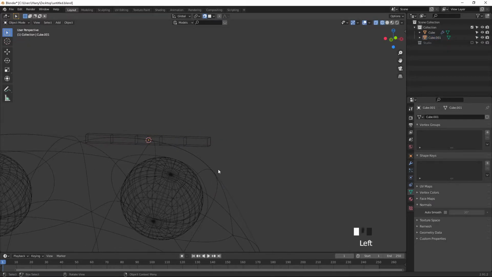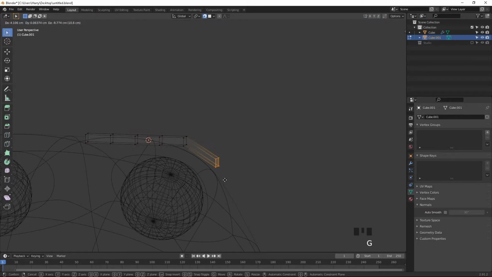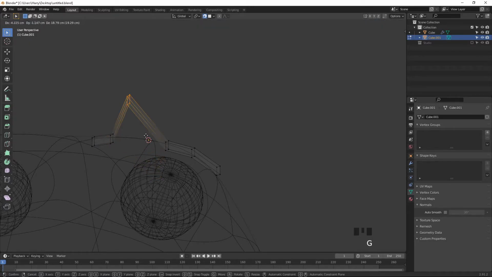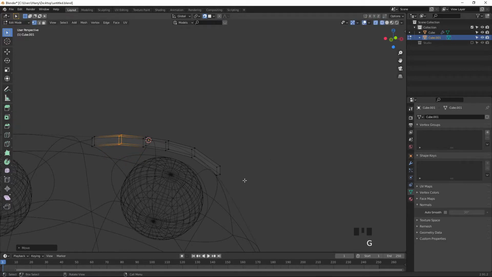Tab mode, select this one, select this, press G, using the control key you can make it, select, press G, select this one, press G, select this, press G and move like this, press G to move like this.